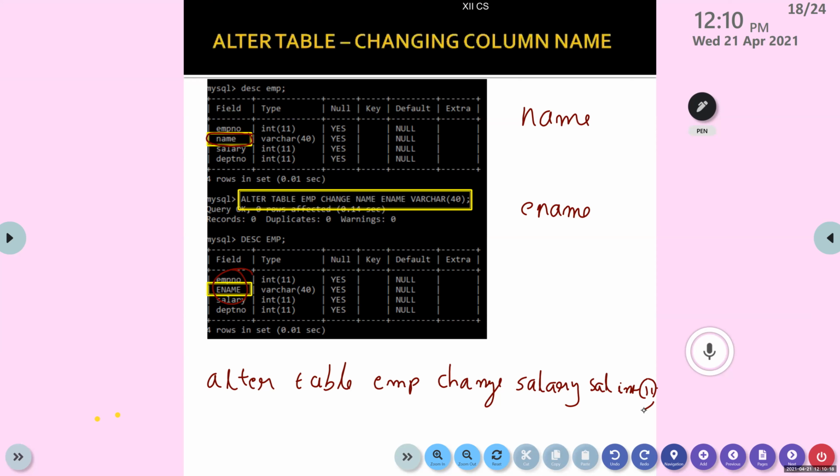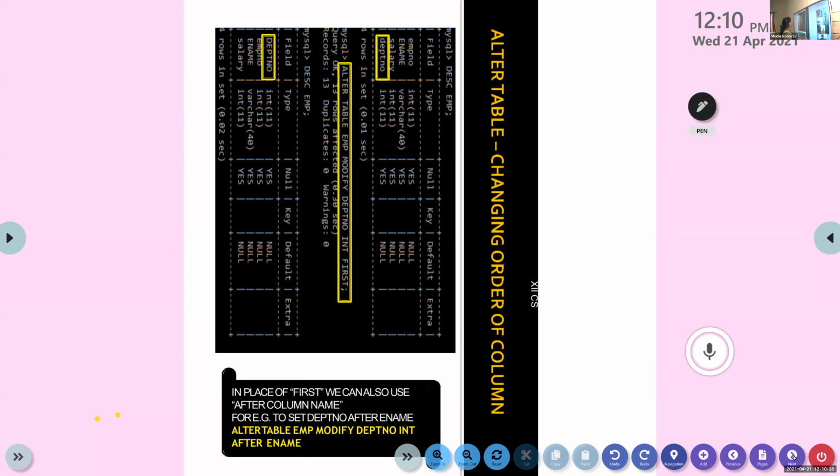Now, a few more things you can do using the alter table command. The first one is you can change the order of the columns. You can see the last query. It's another way.